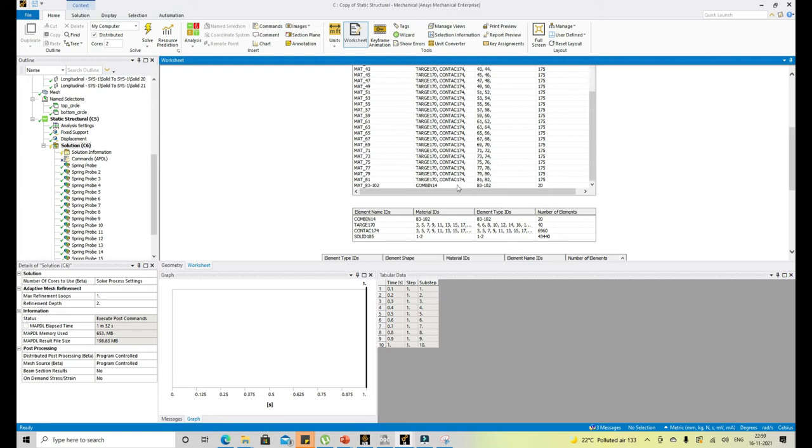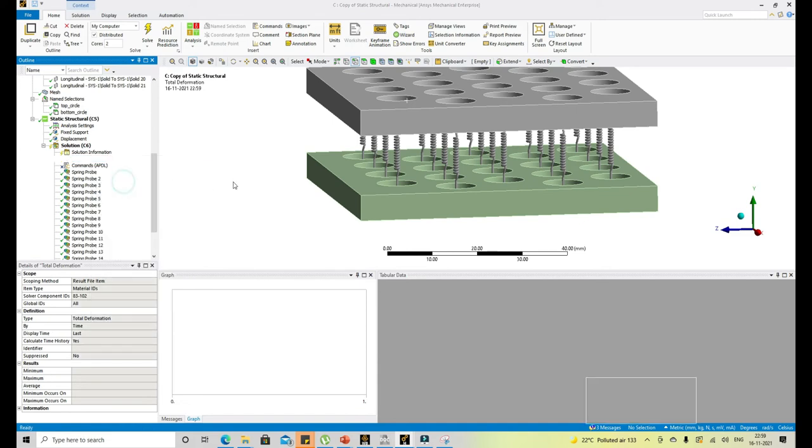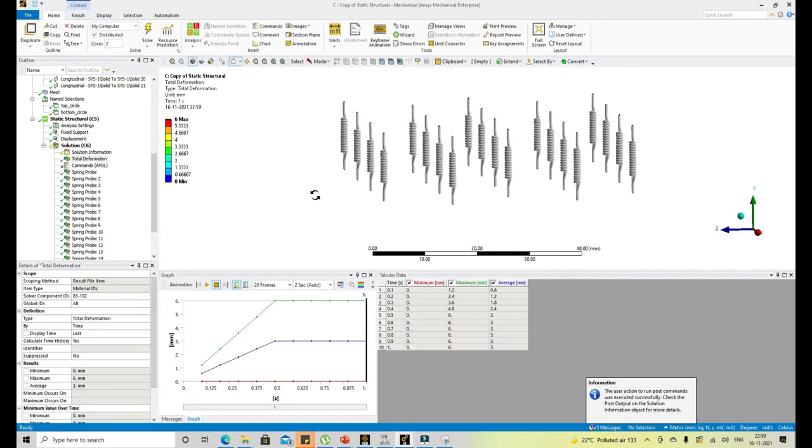From here we will be able to, suppose in this case, this spring element is combin 14. So we can create the total deformation results, create equivalent stress results, or create user defined results. So in this case, if I create a total deformation result, it will only create the results for all the springs that are present in the model.